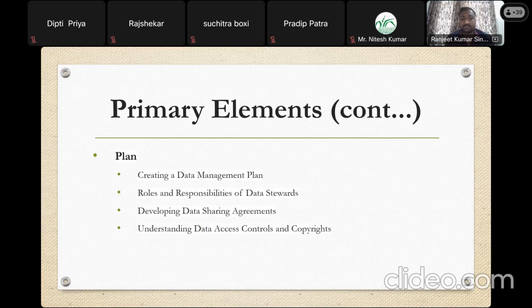The first thing we need to do is create a data management plan. We need to define the roles and responsibilities of data stewards. Whenever we take on any research project, we have different roles and responsibilities. We have principal investigators, co-PIs, then who will be handling the data, who will be the data manager, and whether we are going to involve our data librarian also. All the roles and responsibilities, who will be handling what, should be clearly